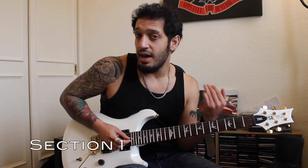Guys, let's take a look at the first section. Now we're going to start off with a bend and then play a bunch of picks at the top of that bend. I kind of think of this little chunk as 3 groups of 8 or a group of 24. So I do the bend and I go 1, 2, 3, 4, 5, 6, 7, 8. So if we think of it as a group of 8 and just bending that first little chunk,